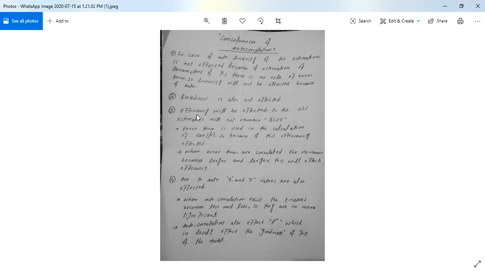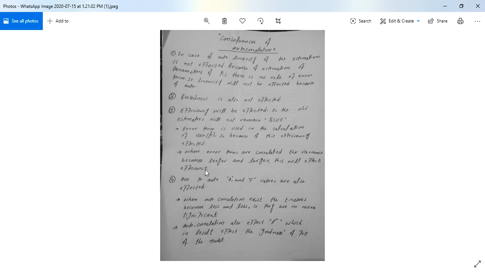When we talk about efficiency, autocorrelation will affect the efficiency of the model. Efficiency will be affected, so the OLS estimator will not remain BLUE. The error term is used in the calculation of the variance of beta hat. So the error term will increase the variance. When error terms are correlated, the variance becomes larger and larger.